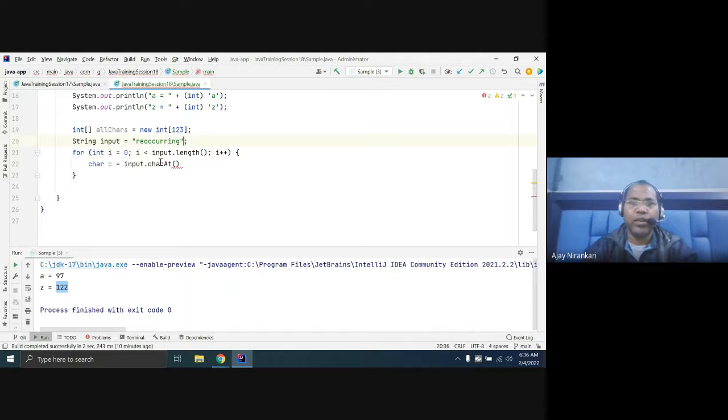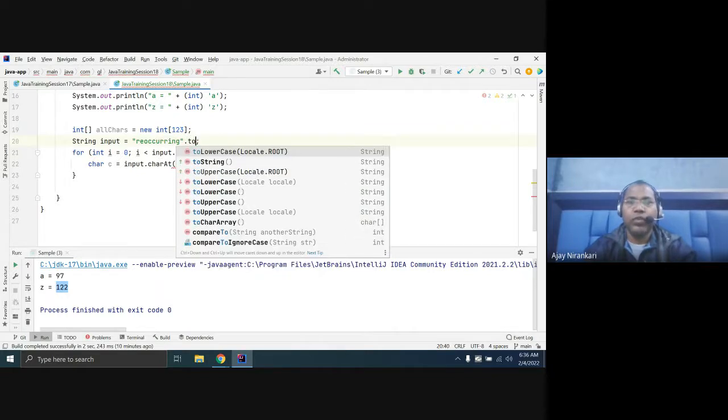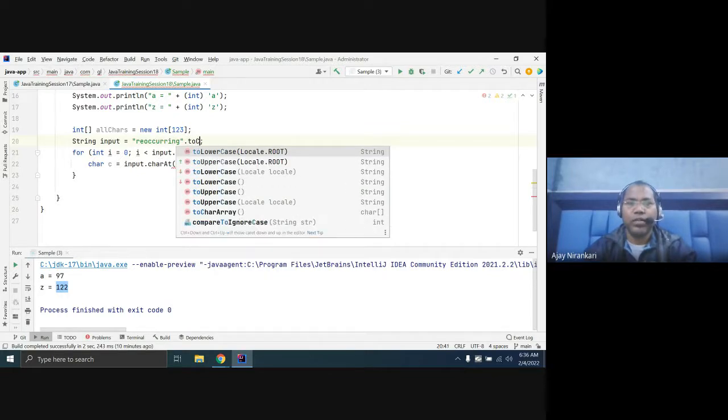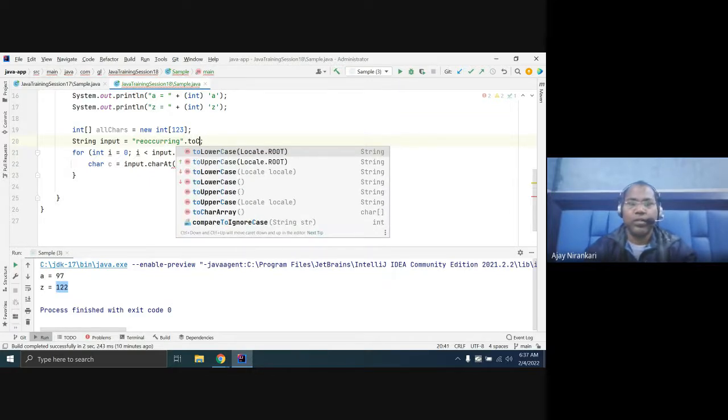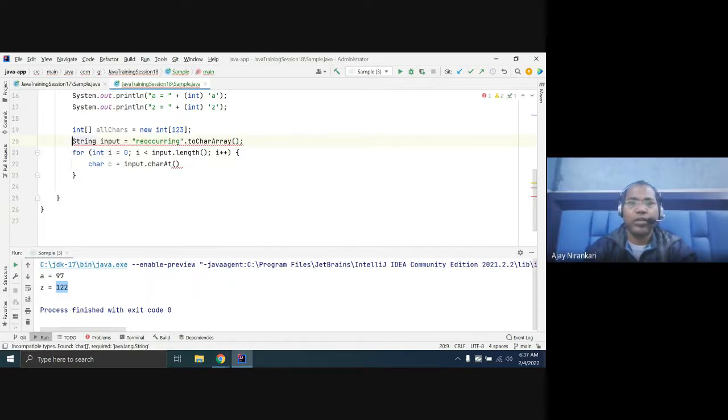You can simply convert it to a char array, or you can change it in this way. Here you have to run up to the length.